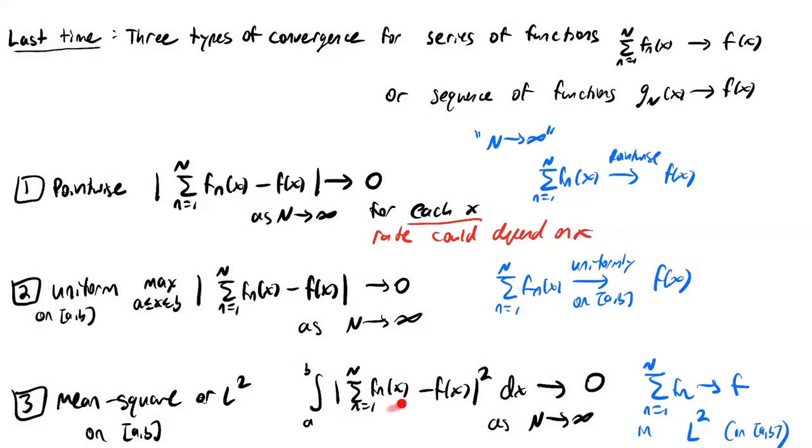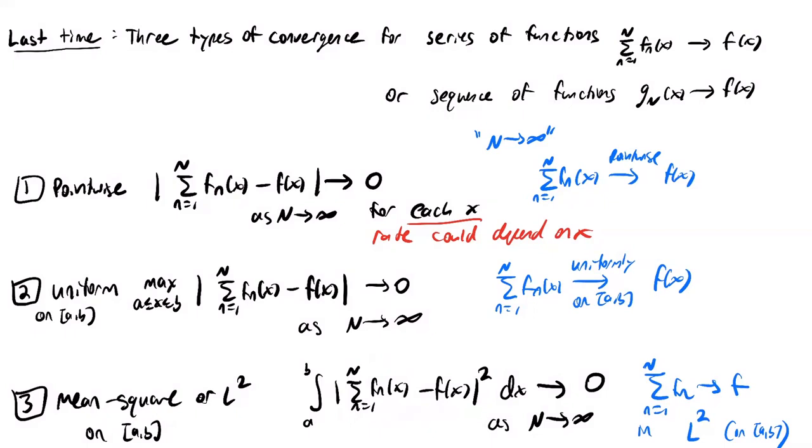And so if we have our series of functions here and our given function f of x, remember we say that the series will converge in the mean square or the L2 sense on our fixed interval, say between a and b, if I look at, again, the difference of the two objects, but now I square it and I integrate the square between a and b,